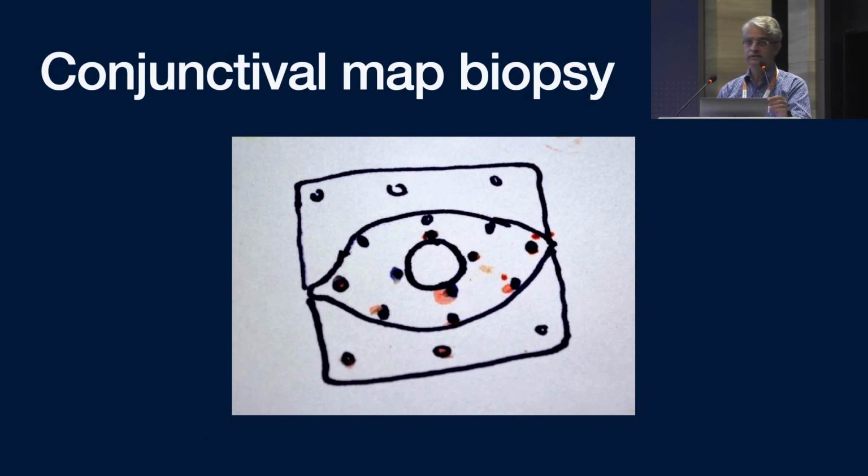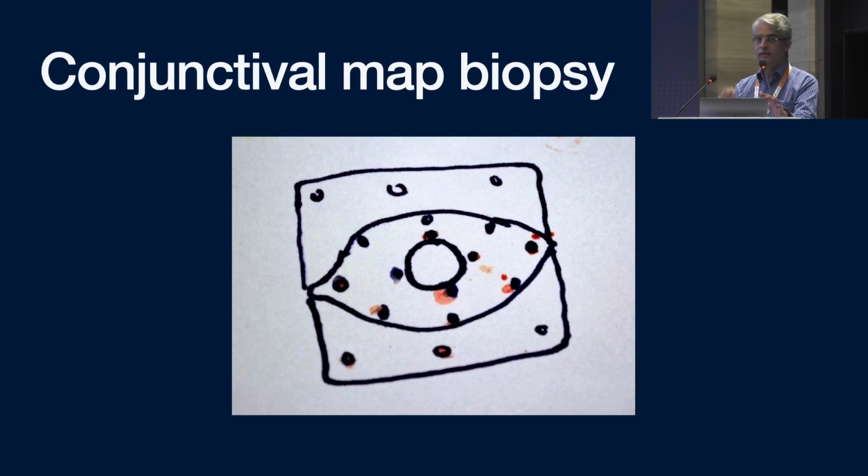So what happens is, as I mentioned, these tumors may have skip areas and multiple areas of involvement on the conjunctival surface. So to identify those areas, what we do is we take out small 2 to 3 millimeter round tissue biopsies from multiple sites on the ocular surface, as you can see in this picture, and then you draw the whole surface on a piece of filter paper, put those sample tissue bits on the specific areas, number them,